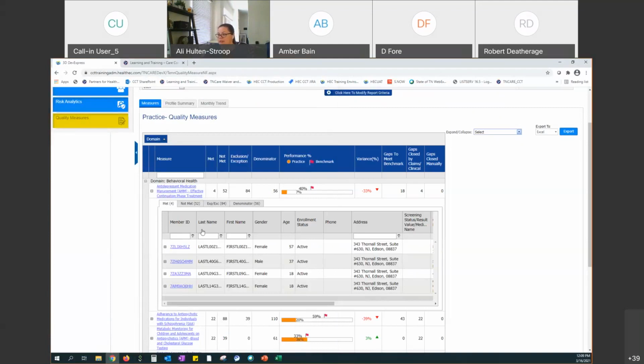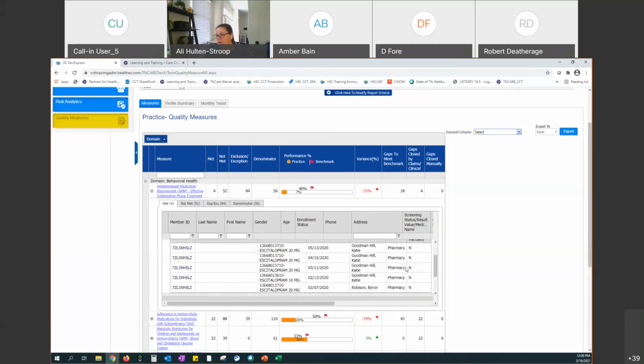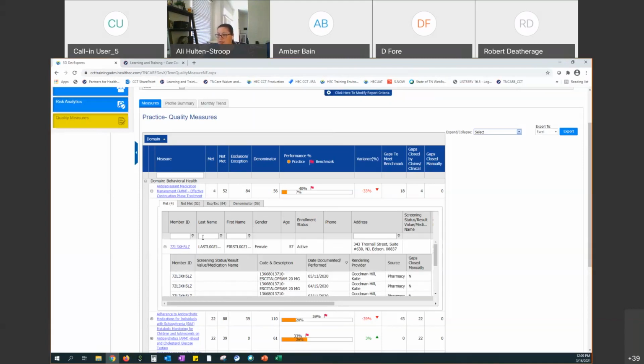We again can see the same information up here as the header. We can also click on the little plus icon next to the MCO member ID. And that's going to give us a little bit more data on what may have helped close the measure. So we can see that we have several pharmacy claims here from different dates that are helping to close this